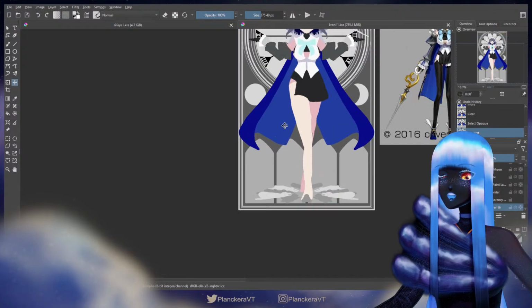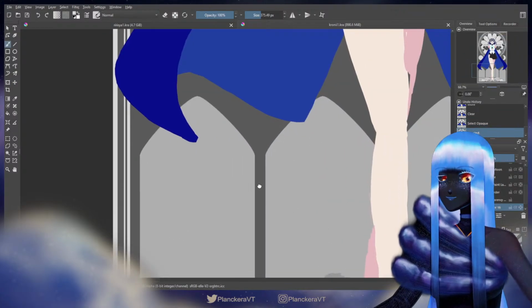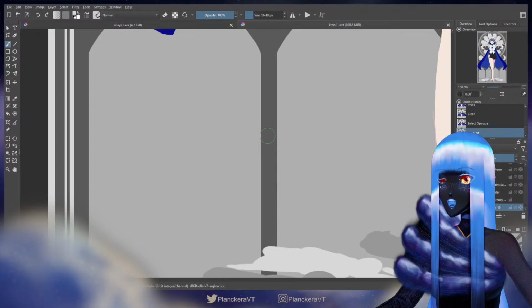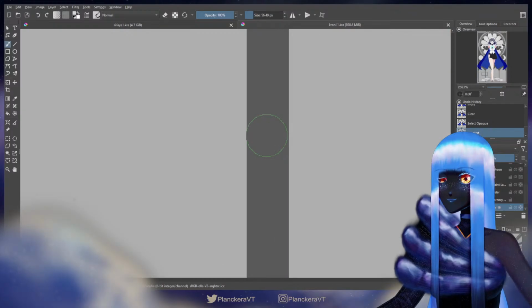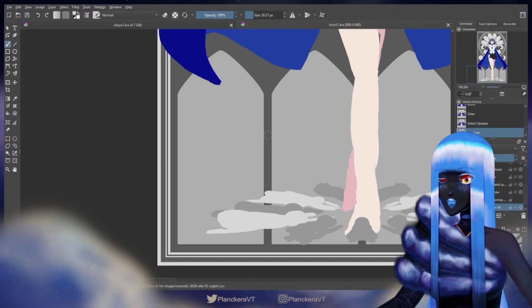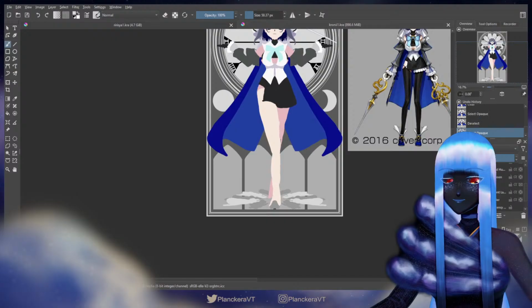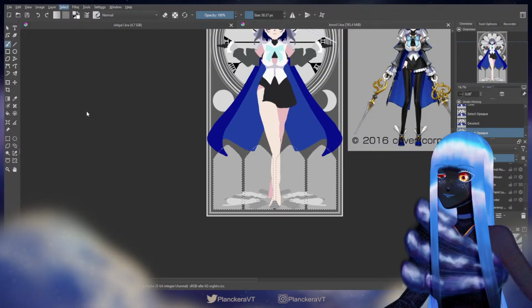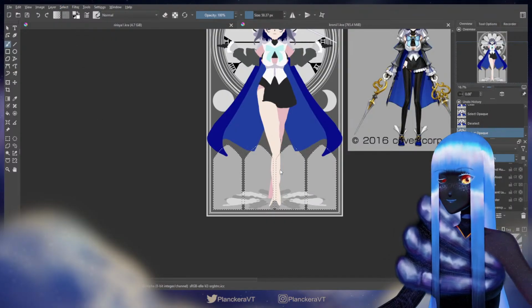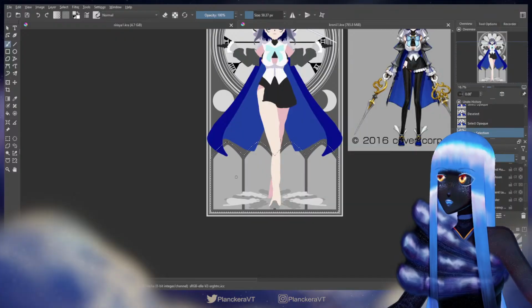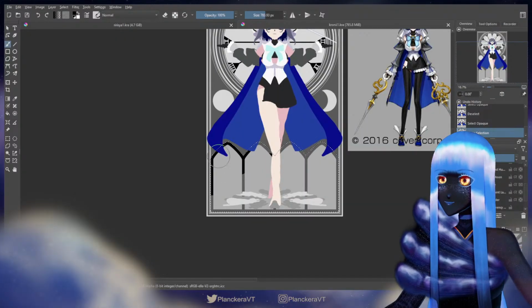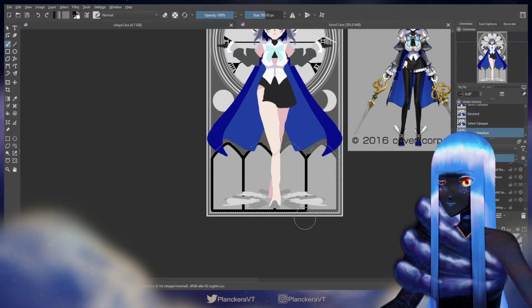So you know what? Let's figure out how wide that is. How wide is this? I'll say about 58 pixels. And that should get me something, you know, close enough here. Oh yeah, that's good.